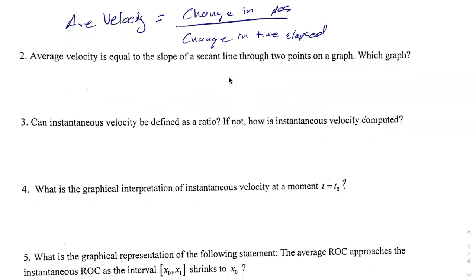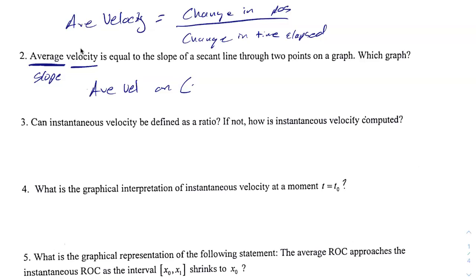Number 2, average velocity is equal to the slope of a secant line through 2 points of a graph. Which graph? So anytime you do average, that's like a slope. Always think of it as a crappy derivative. So if you're trying to find velocity, you gotta take a derivative of what to get velocity? That would be position. So it's a position function. So average velocity